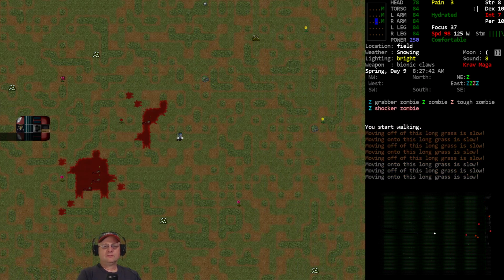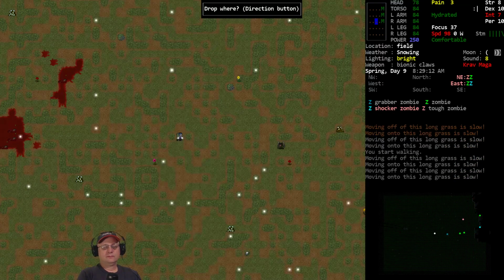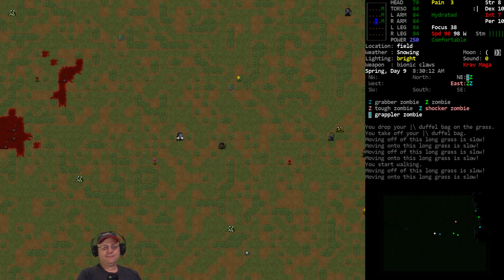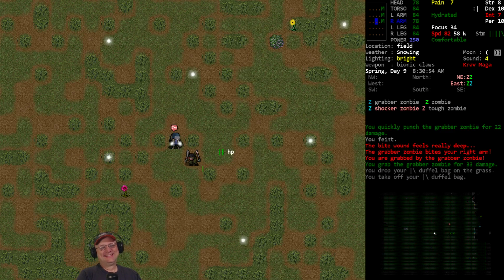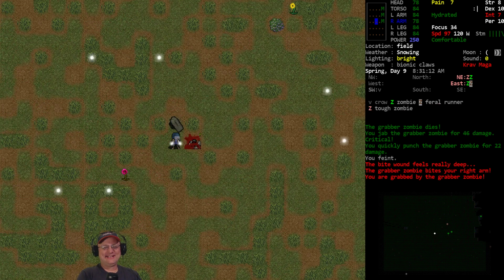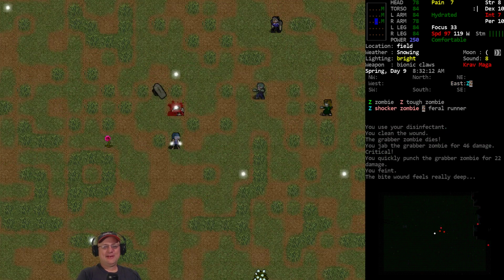Charge! Alright, grab her. Oops. Come get me. Instant bite. It's gonna be one of those evenings, is it? I can see it now. My fault. I saw him grab me. I thought I was going to drop him before he would get another hit in, and actually...